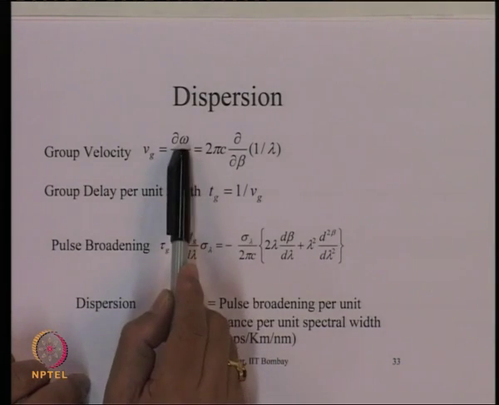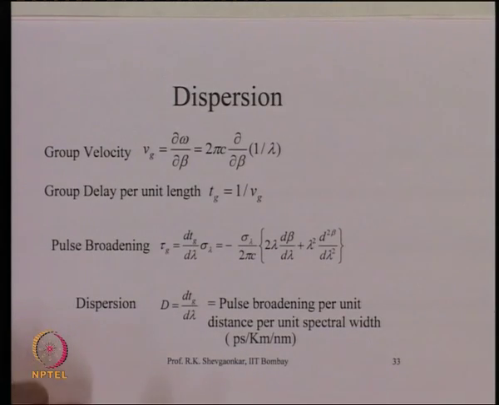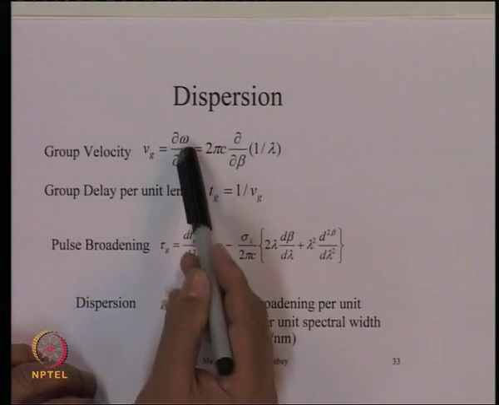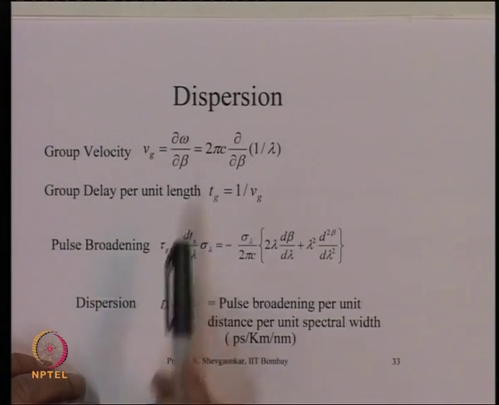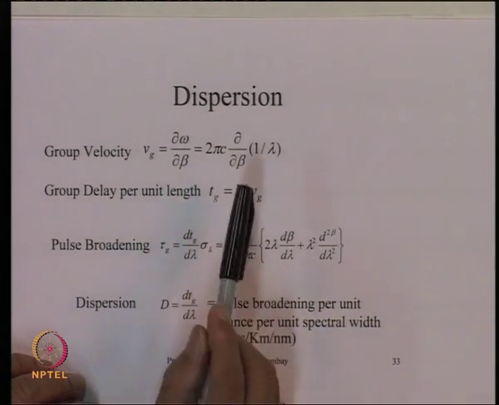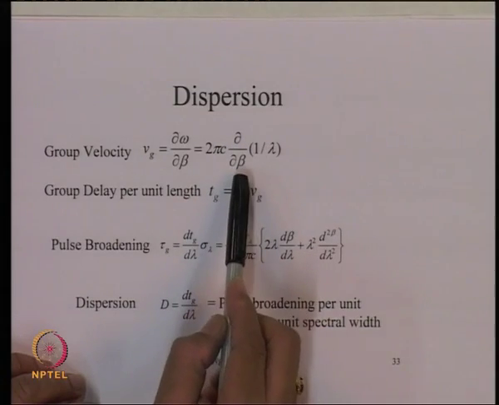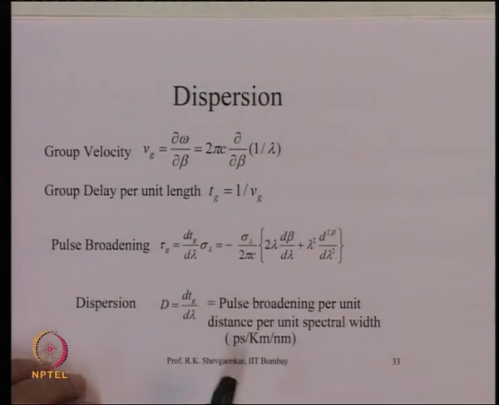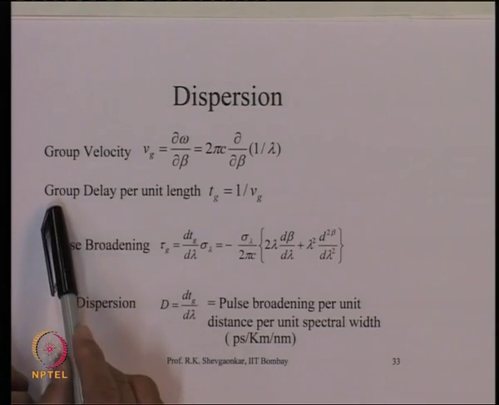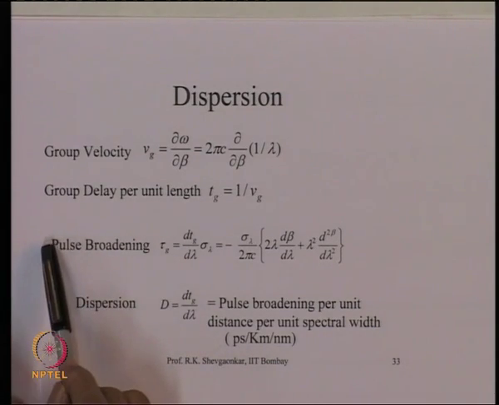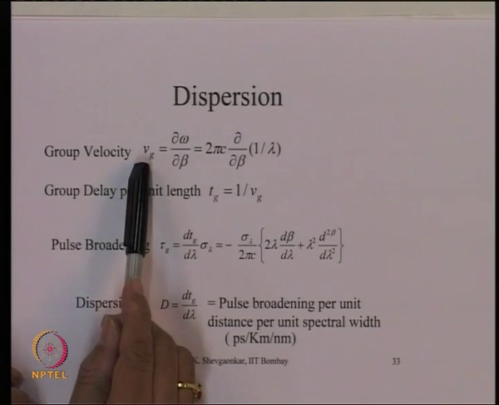We can write here for omega, which is 2 pi into frequency, and frequency can be written as velocity divided by wavelength. So, we can write here 2 pi into c, velocity of light, d by d beta of 1 upon lambda. So, we can write down what is called a group delay per unit length, which is nothing but the group velocity,